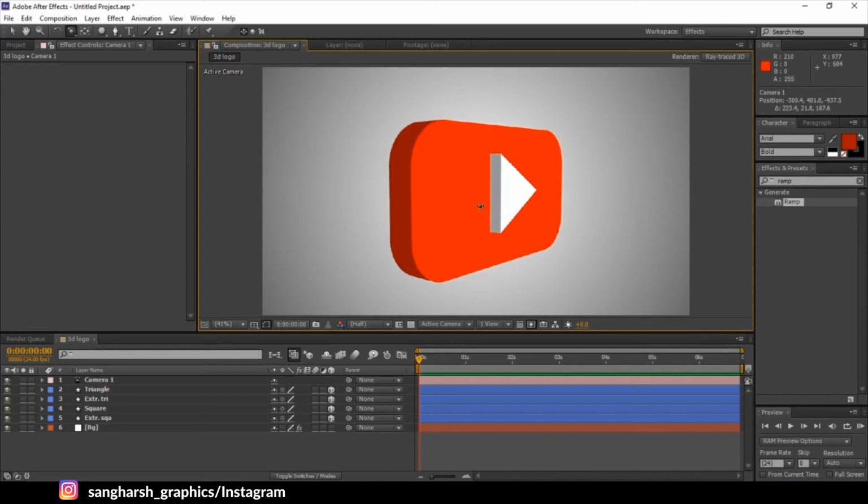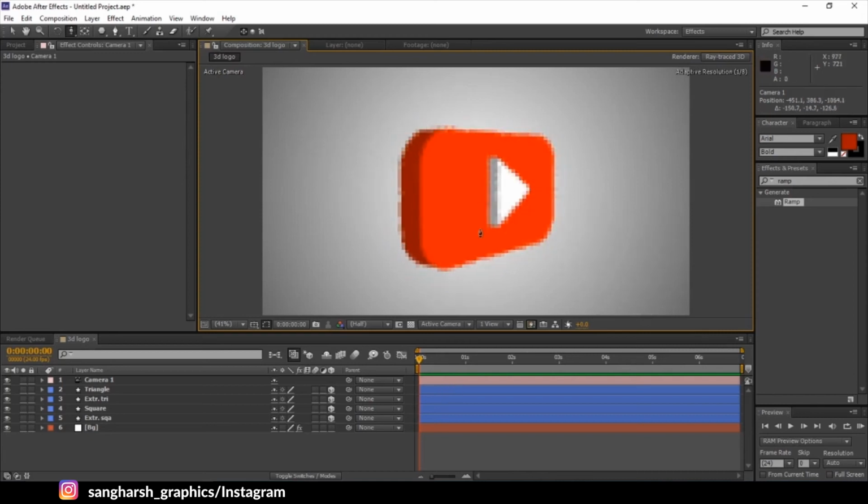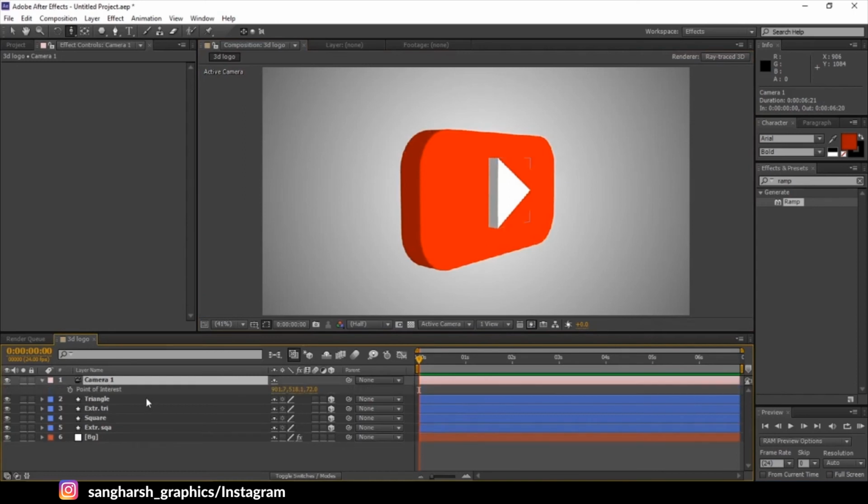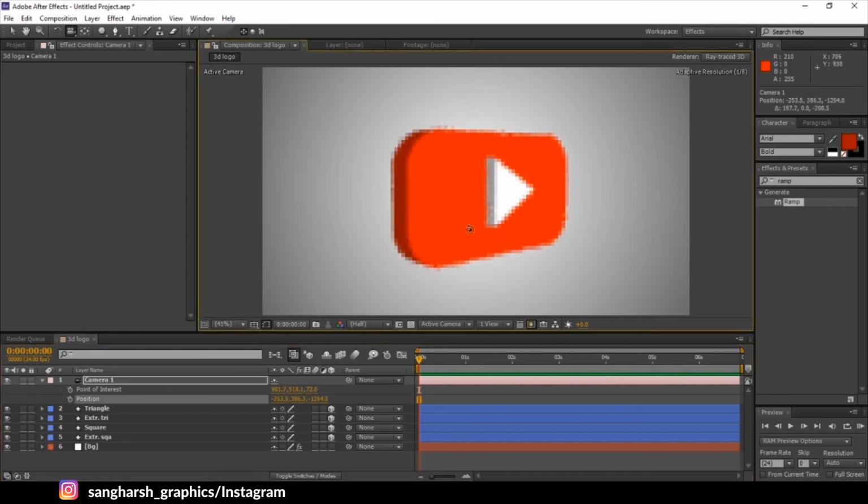You can see the little icon changes. Okay, now let's animate it. Press C again for getting a perfect view, and just keep pressing C to get the zoom tool, pan tool and rotation tool. Now select the camera, press Shift A, press A and Shift P to get both of these properties at the same time. Firstly adjust the first frame which you want, because as you pan, zoom or rotate, only these two values change.